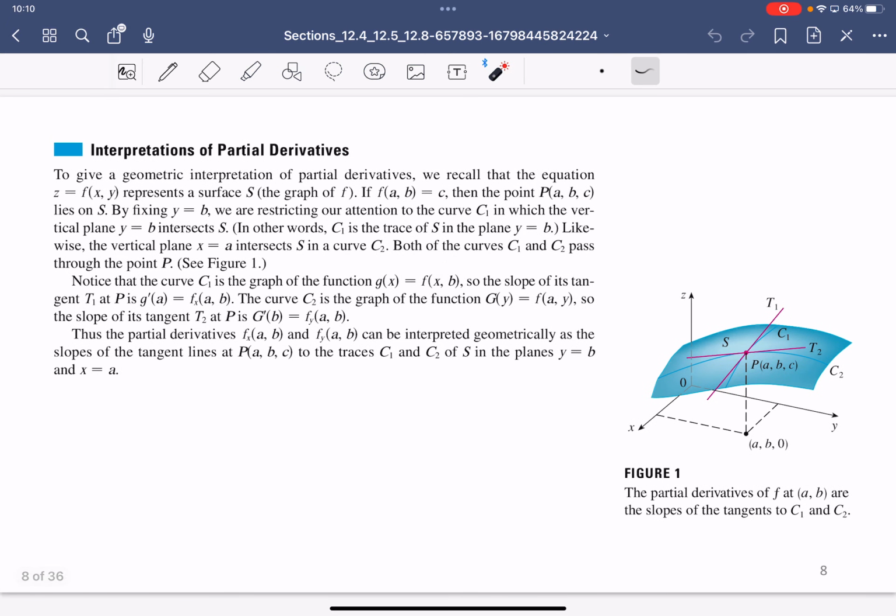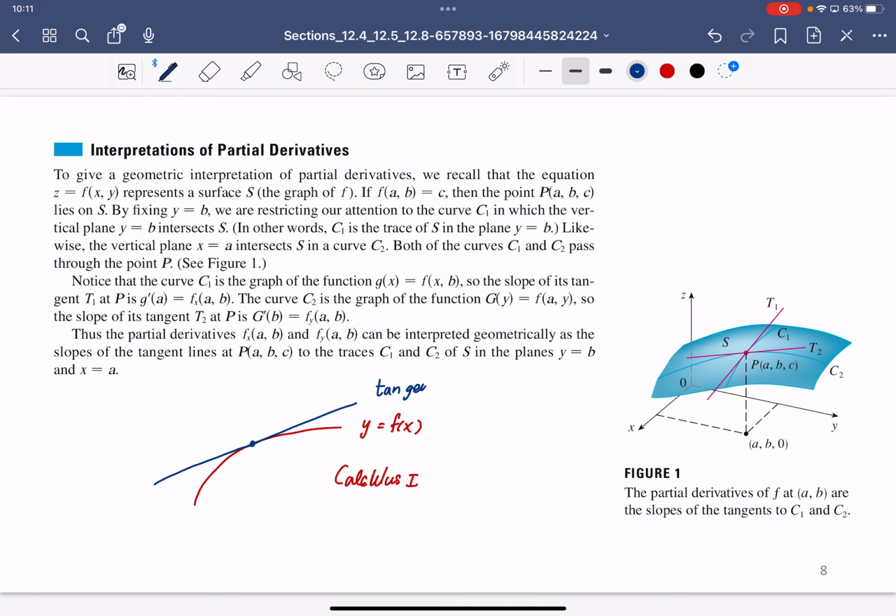Today we're gonna start by taking a look at page 8 in the slides. So this is the interpretation of partial derivative. You know from calculus 1 that if you have the curve y equal to f(x), and you are looking at one point and then at the tangent line, the blue one here, this is the tangent line to the